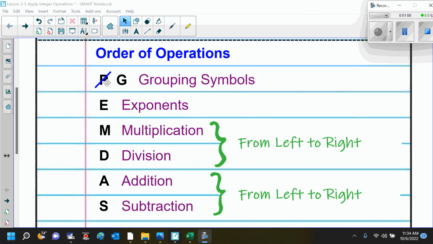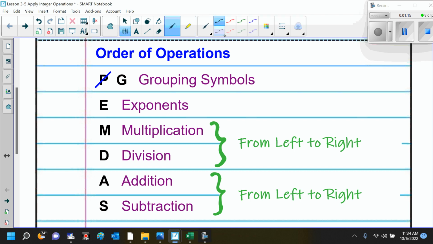Now, you'll notice that I crossed the P out and changed it to G because P stands for parentheses. If you'll remember, in Module 2, we talked about absolute value. Right? So we know we have the parentheses. We have absolute value. Remember I told you absolute value is also a grouping symbol. Okay? There's another grouping symbol